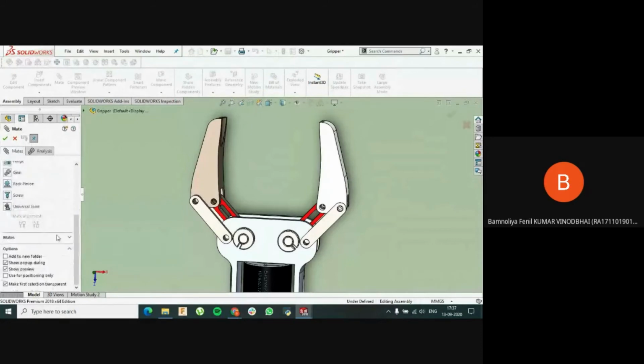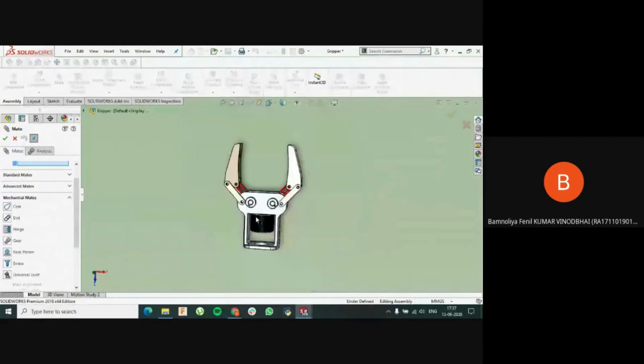And some other important mates are the mechanical mates. Mechanical mates basically create a mechanical simulation of the part, so that you can know how your product and your mechanical component are going to work. You might have seen a camshaft, how the cam and pin move around each other, and the gear mates and universal joints.